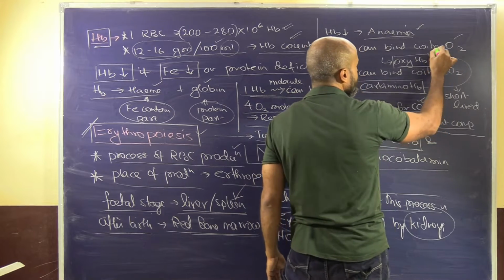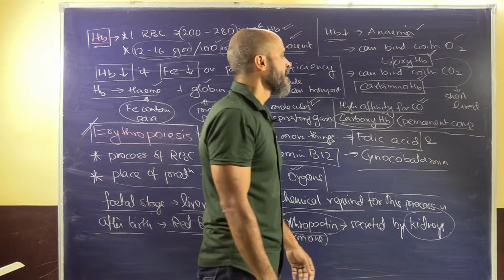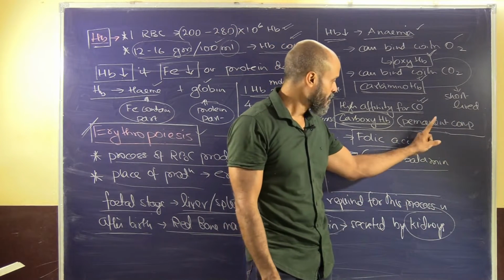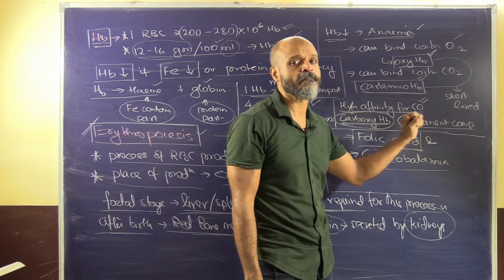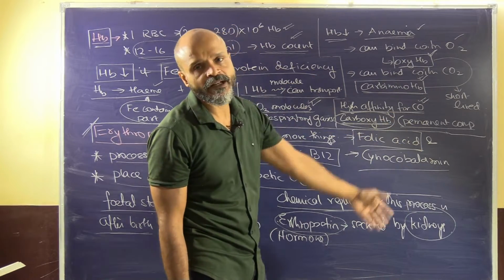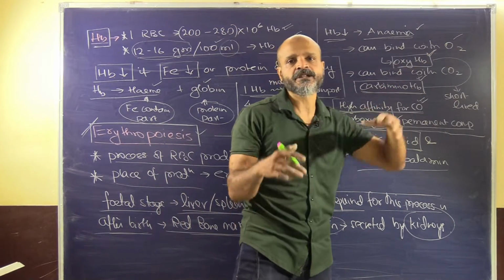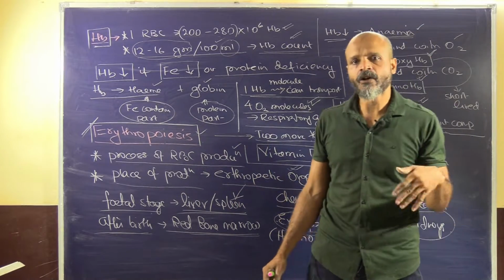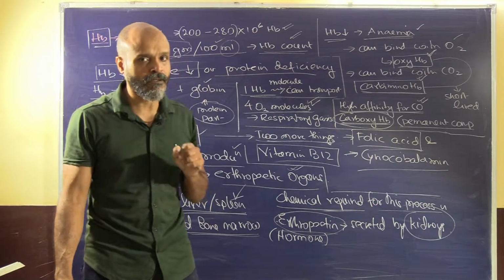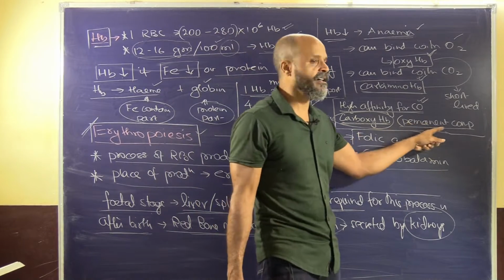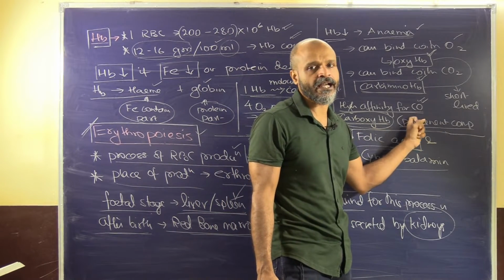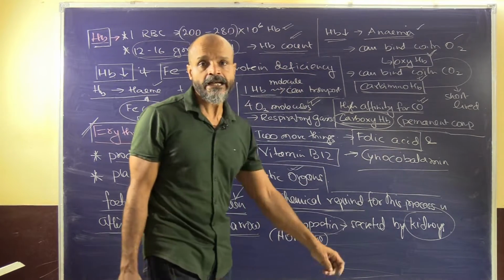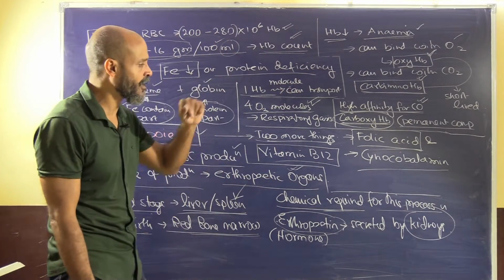Now the difference here is that oxyhemoglobin as well as carbaminohemoglobin are short-lived compounds. They are not permanent compounds, but carboxyhemoglobin is a permanent compound. It will not be a reversible reaction, whereas here it is reversible, and we know that reversibility is required for efficient diffusion of gases across various tissues and cells and between the blood capillaries. But carboxyhemoglobin is a permanent compound, and this can actually choke a person to death if inhaled in large quantities, because hemoglobin has a very strong affinity for carbon monoxide.